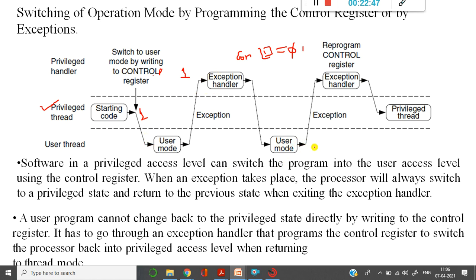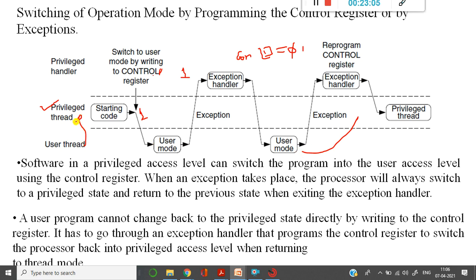Once it is done with the user program, note that I actually started from the privileged thread. I cannot move directly from user mode, the unprivileged user thread, back to the privileged thread.